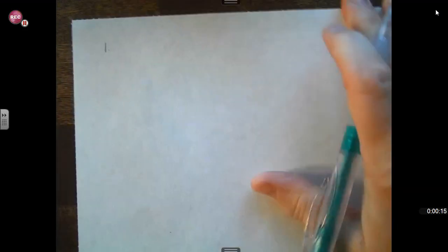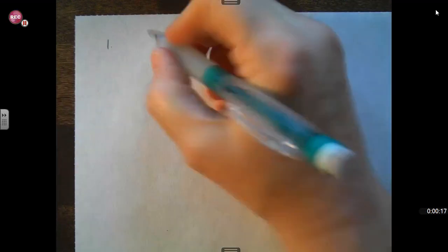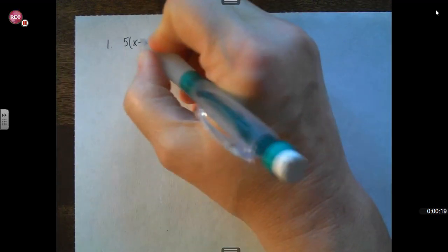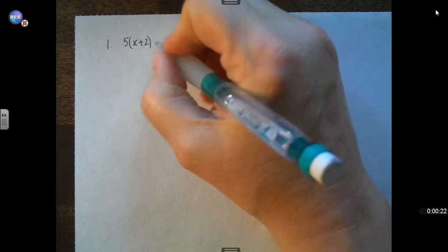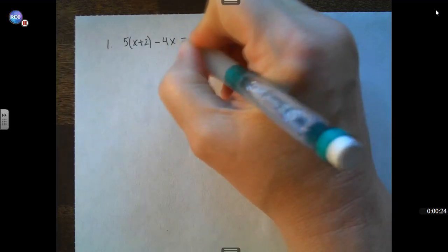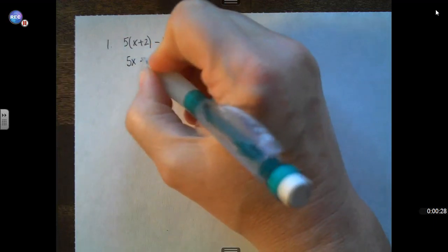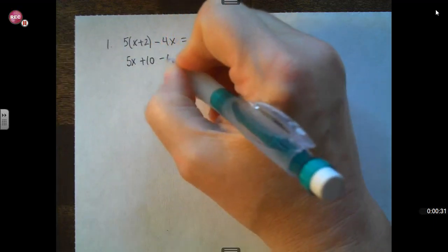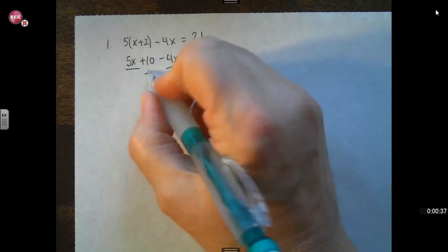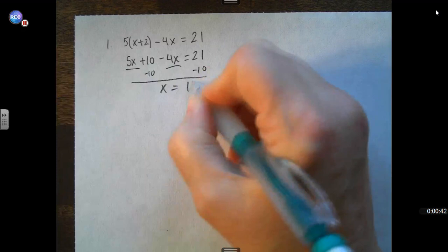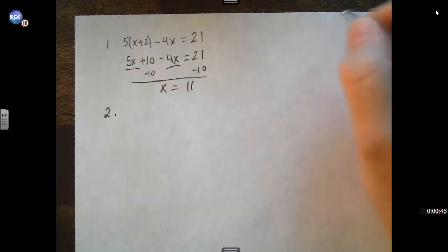Number 1 has 5 times the quantity x plus 2 minus 4x equals 21. So we need to distribute that 5. 5x plus 10 minus 4x equals 21. Adding like terms and getting rid of that 10 gives us x equals 11. And that's that. Number 2,